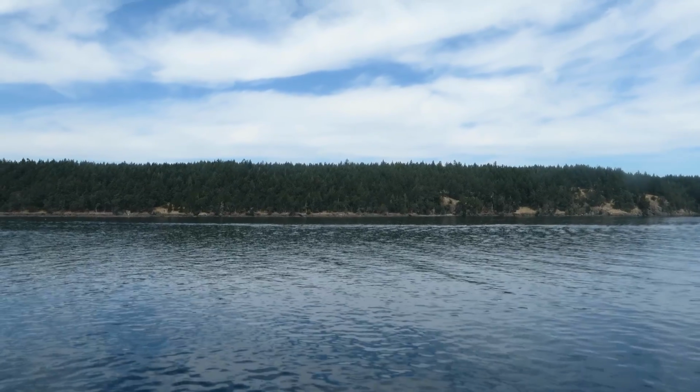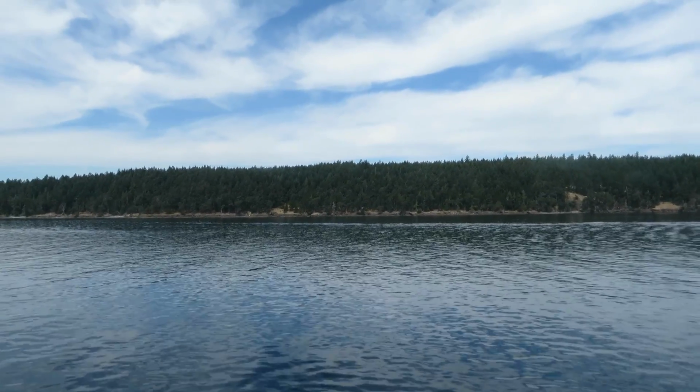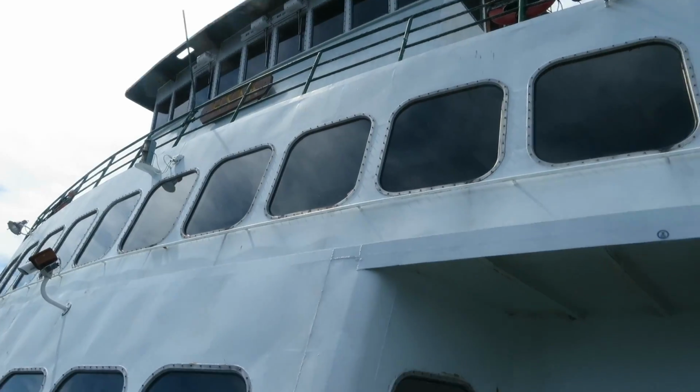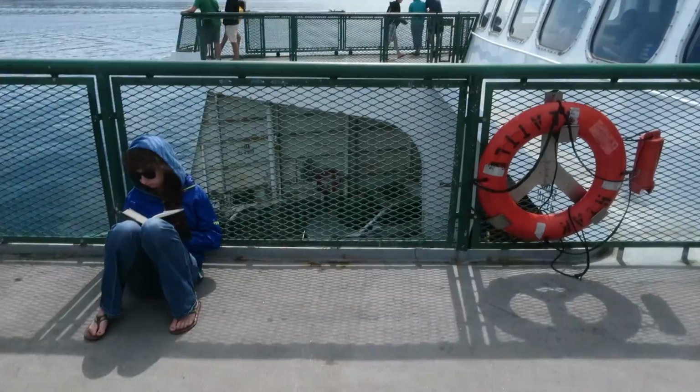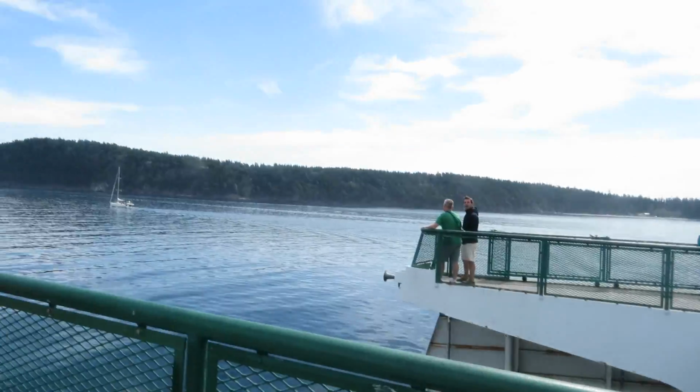We missed the morning ferry because of shenanigans with ferries and whatnot. So anyway, we're on a different ferry than usual. The big ferry. There are a bunch of cars down below, and